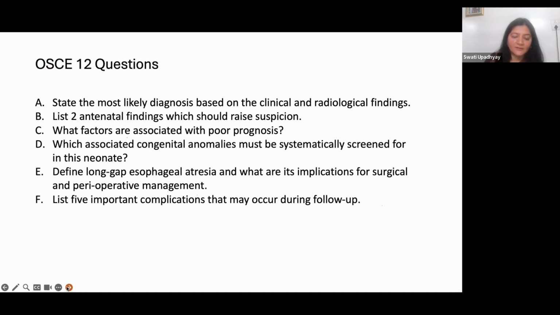All of you are right here, and you have mentioned the type also. Very good. So how do you know it is type C? Can anybody comment? Yes, you can see gas in the bowel. Good. So now list two antenatal findings which would raise suspicion. So one is polyhydramnios, very good, and